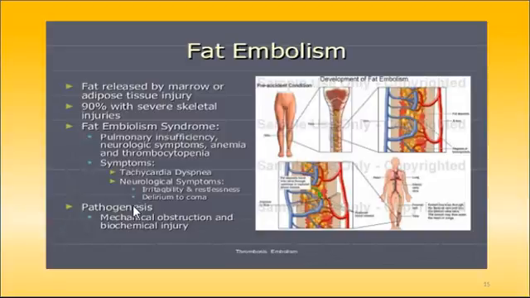These are the symptoms: tachycardia, dyspnea, neurological syndromes, irritability, restlessness, delirium, coma. Pathogenesis is the mechanical obstruction and biochemical injury. If you can see on your pictures over here,